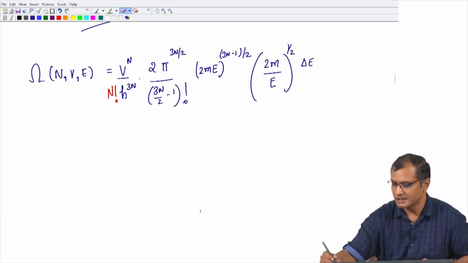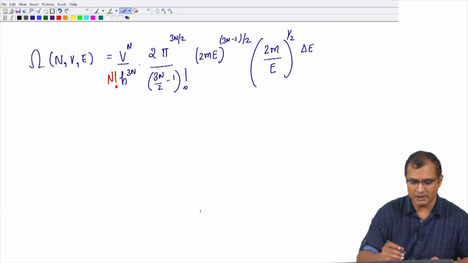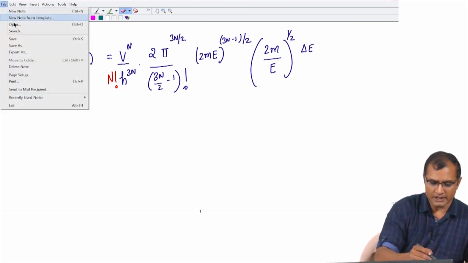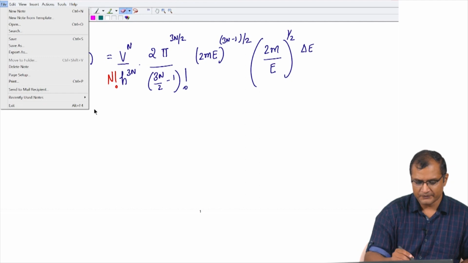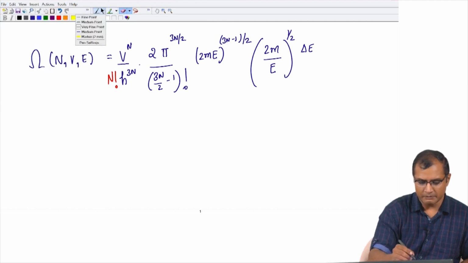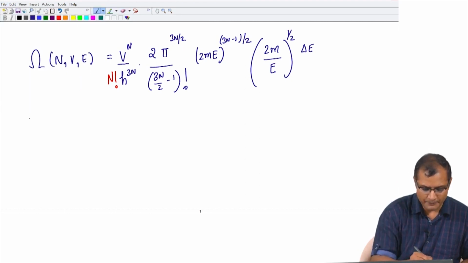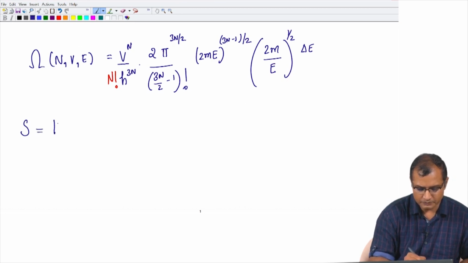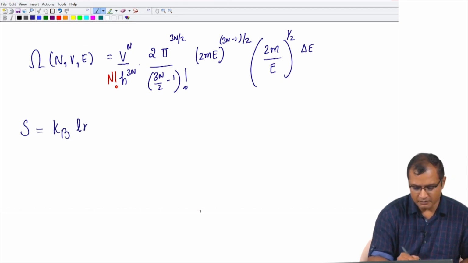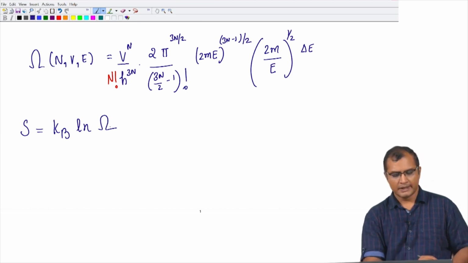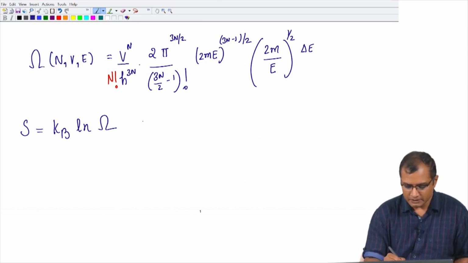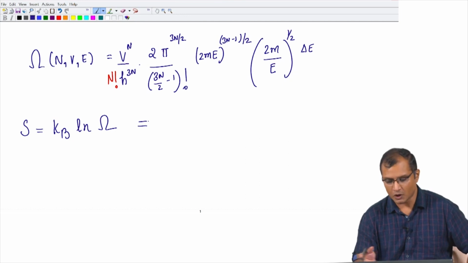As we shall see, we did derive the expression for entropy, and I am going to write down the expression for the entropy by taking a logarithm. So you can compute the entropy, which is k_B ln Ω,